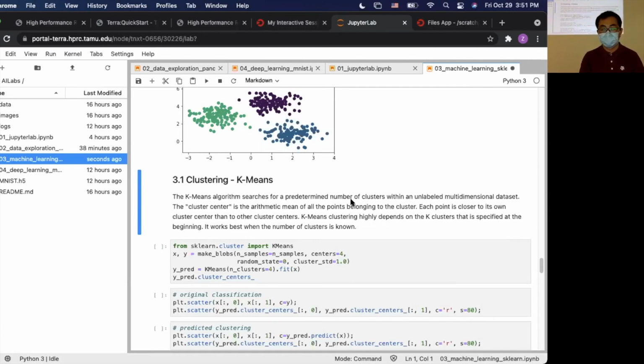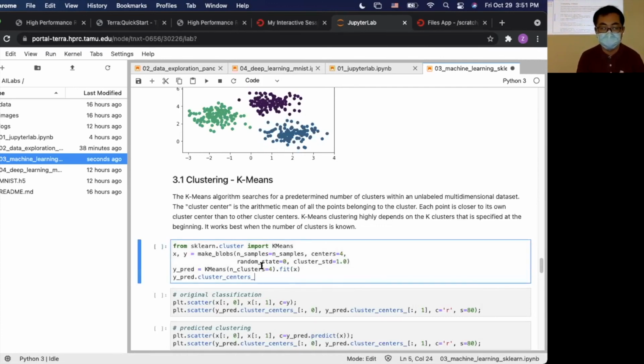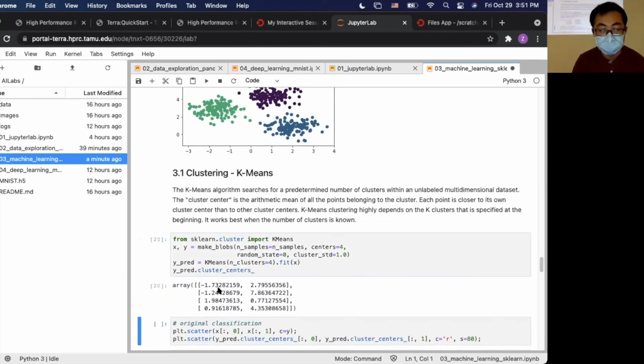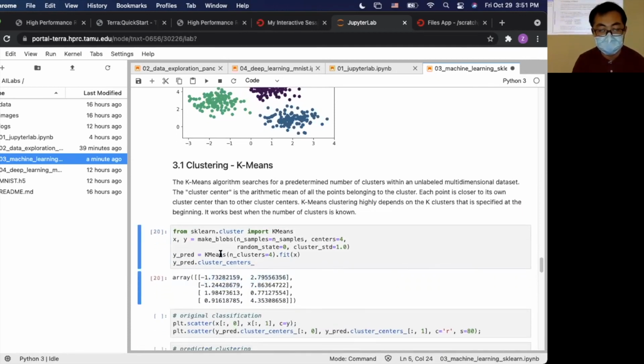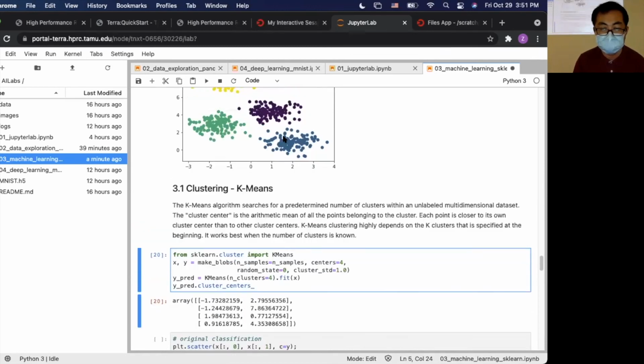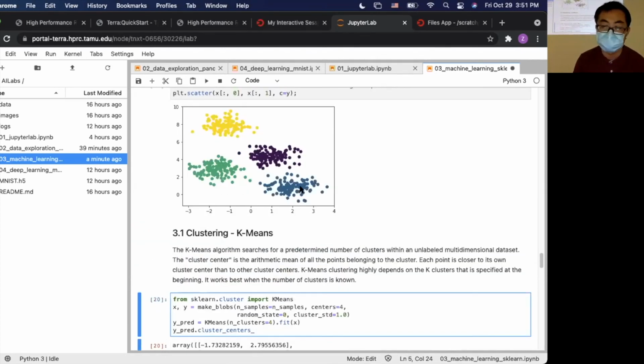So the centers. So for example, we have all these clusters, and we know its centers. We use k-means and a fit, and then we have some predictions, and we can use its cluster centers attribute to print out the centers of these 4 clusters.